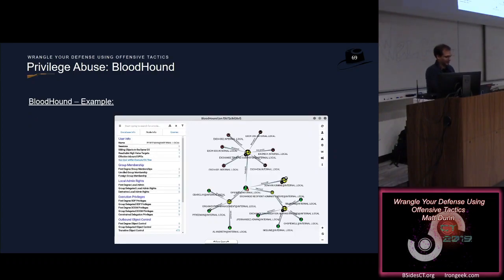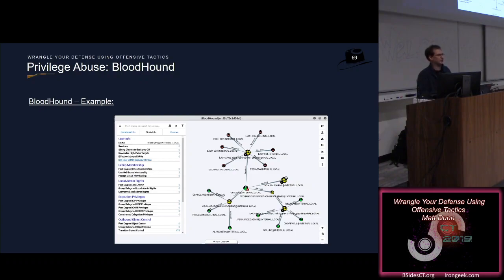So if I compromise an account and I have the Bloodhound output, I can pull up the nice interface here and say, okay, I have Jim's account. Is there a path for me to get to domain admin from here? And it'll tell you, yes, okay, Jim can log into system 2, which has a domain admin logged in. He probably has local admin rights there. If you can log into that system and steal that domain admin's password, then you're a domain admin.